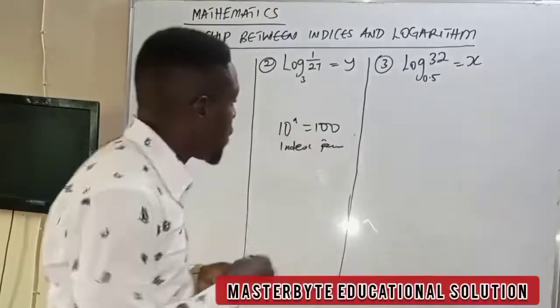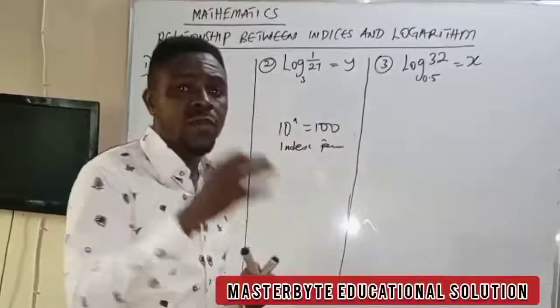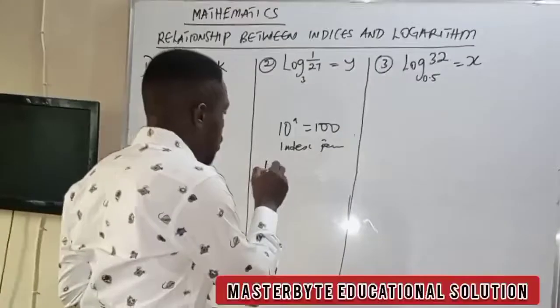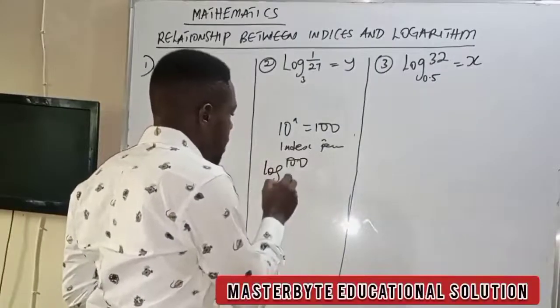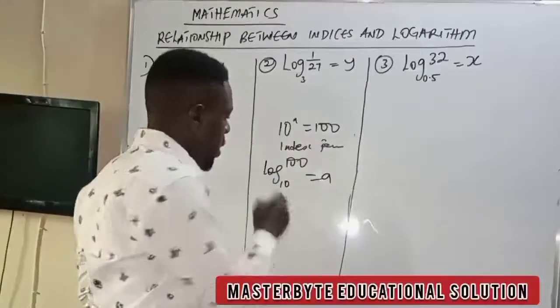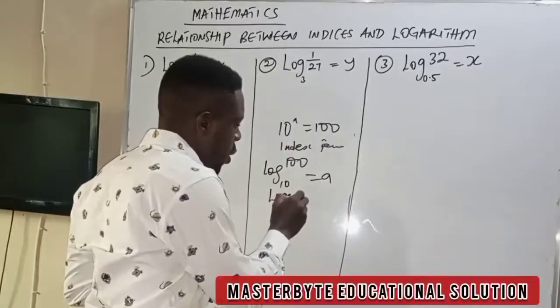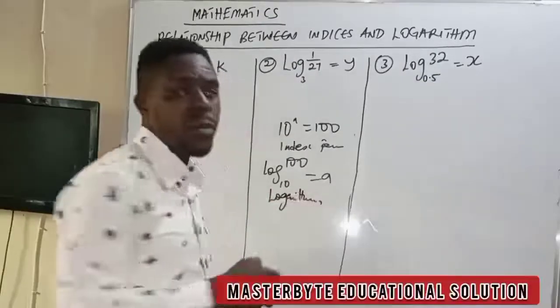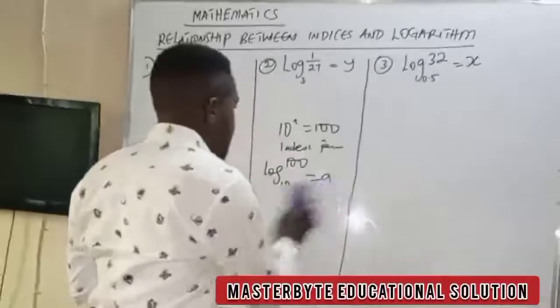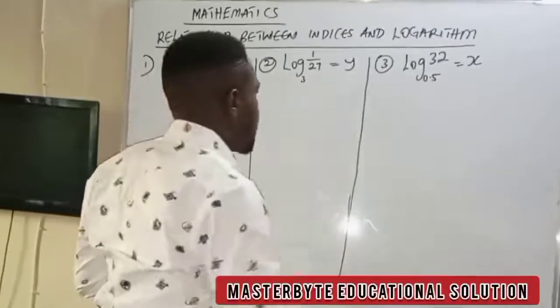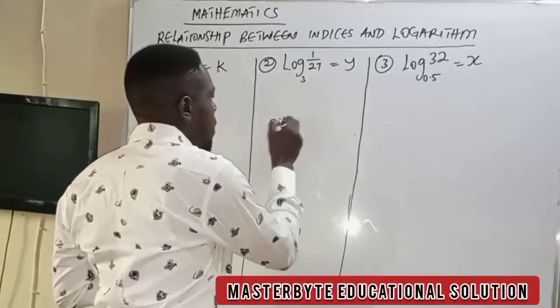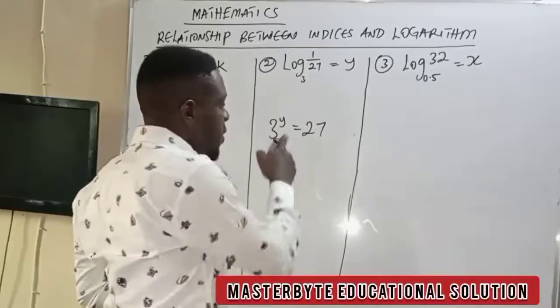Now, to change this 10 raised to power a equal to 100 to logarithm form is going to be log 100 base 10 is equal to a. This one is in logarithm form. Whereas also, if you have 3 raised to power y is equal to 27, this is in index